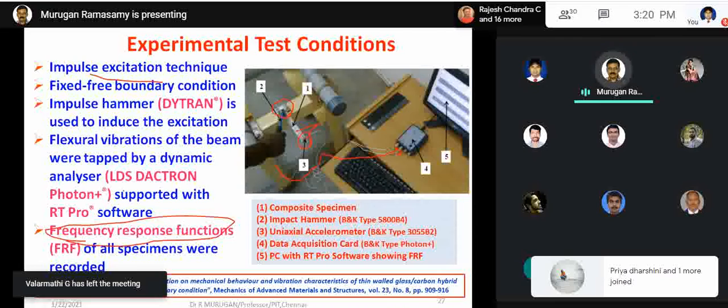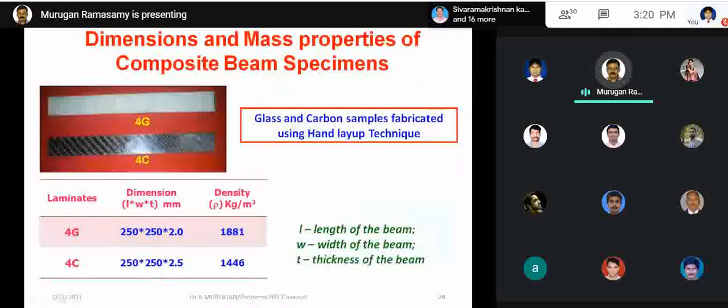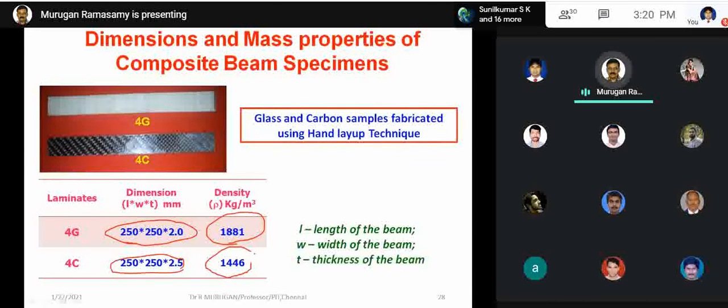This is one of the major areas. I am explaining it just briefly here. By using experimental modal analysis, we can do so many research studies. Now, what is the outcome of this? We used this specimen size for the experimental modal analysis. We have different mass densities, because the fibers have different moduli.